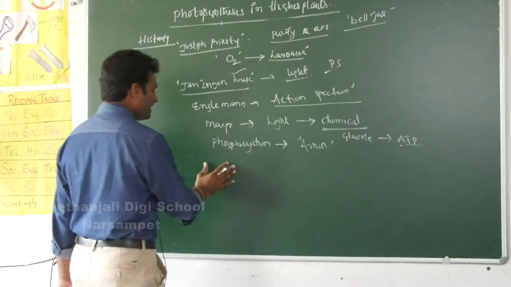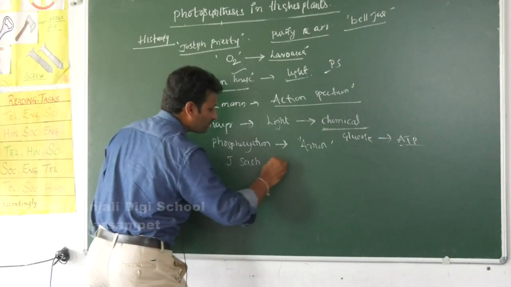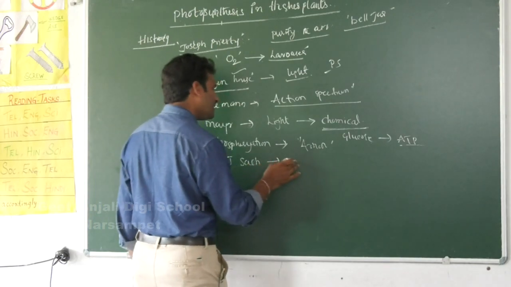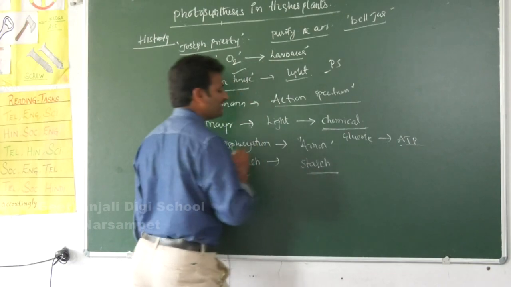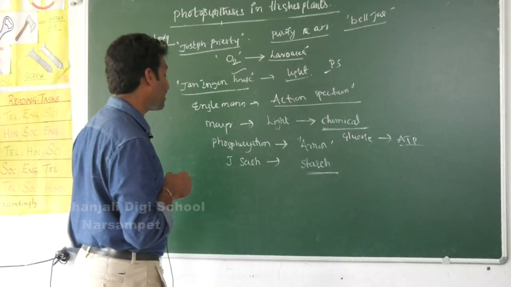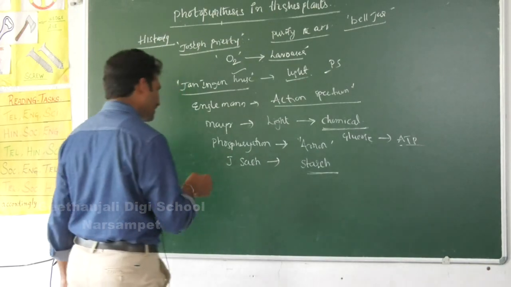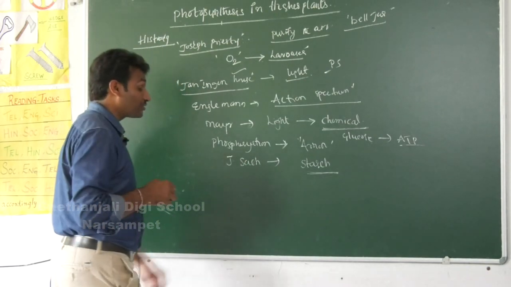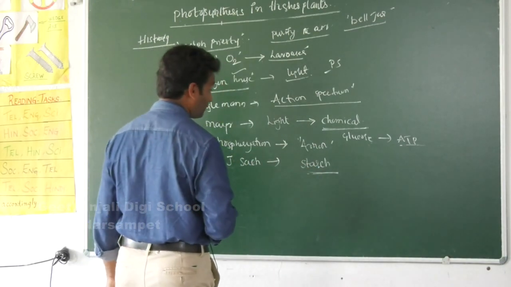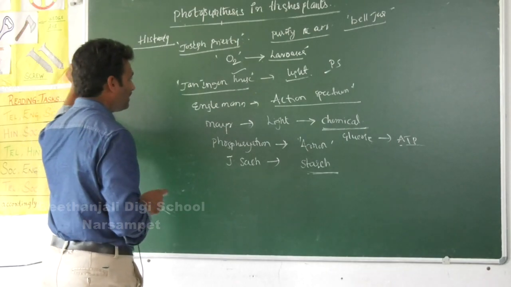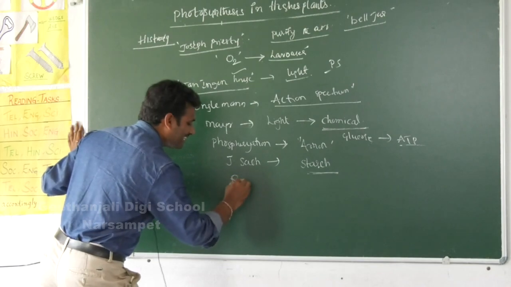And even inside that, Julius von Sachs explained that the first material formed inside the leaf is starch. The first material which is formed inside the photosynthesis is starch, which is given by Sachs as well as Boussingault, and one more scientist, Dutrochet, also studied the starch, as this starch is produced because of chloroplast and chlorophyll molecules. And in this, Robert Hill